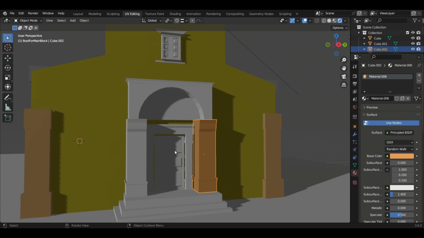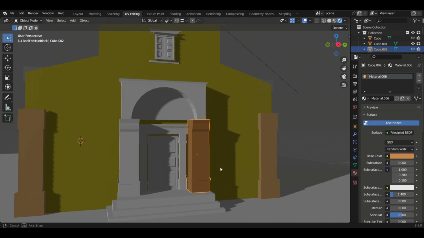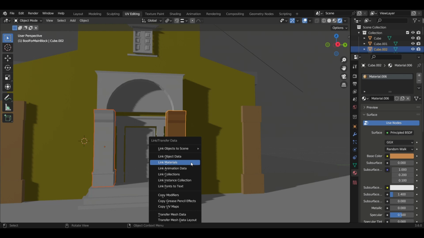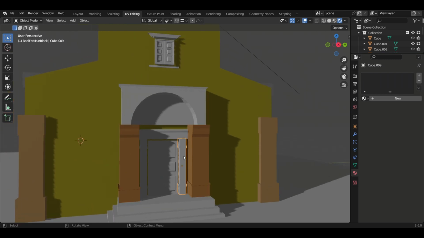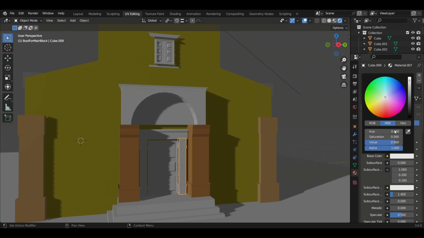I like to go with the same look and feel of this pillar, but with a different contrast. Let's reduce this one furthermore. Select this one. Select this one. Control L, link material. For this, let's go with something like